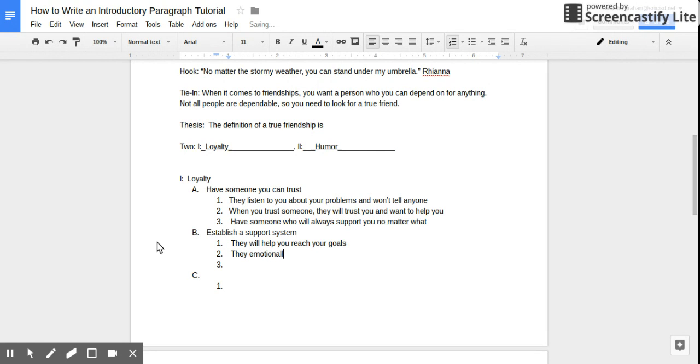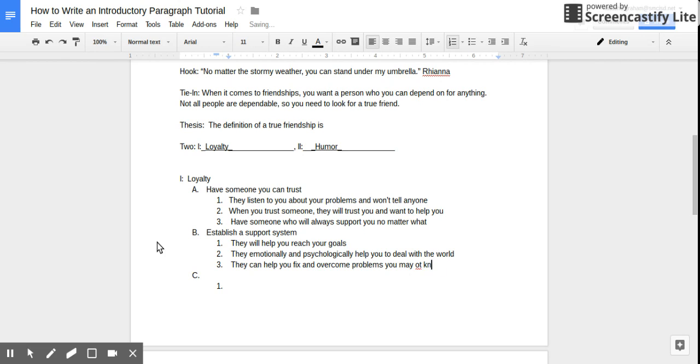Oh, they emotionally and psychologically help you to deal with the world. The 3rd reason why it's important to have a support system is they can help you fix and overcome problems you